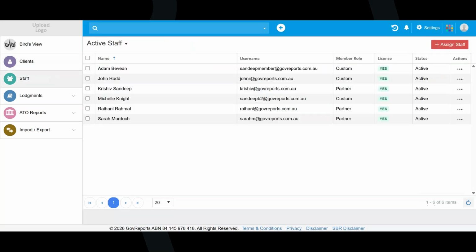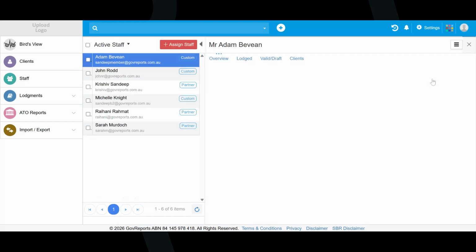This is where, if you do have staff, you'll keep track of who's who and what they're allowed to do. You can see here in this account, we've got 6 active staff. It gives you the username, what sort of role they have, and the licensing is obviously for activation. And then if we go into open,